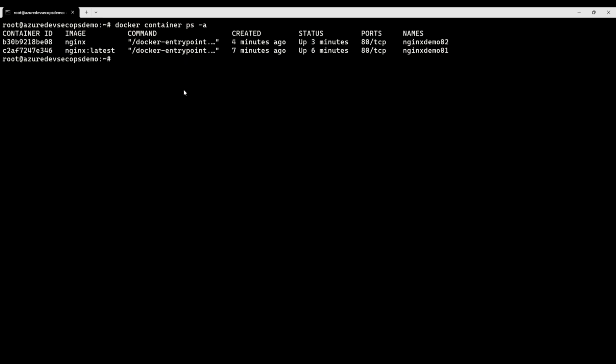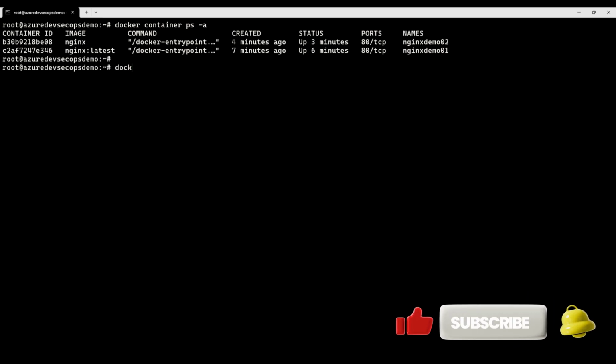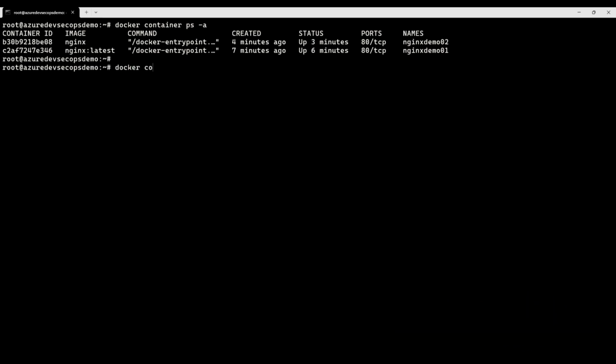How to do that? There are two approaches again. Either we can use docker container attach or we use docker container exec. It is better we prefer all the time to use docker container exec over docker container attach. That is the reason why let me concentrate on docker container exec command. How to execute it? Docker container